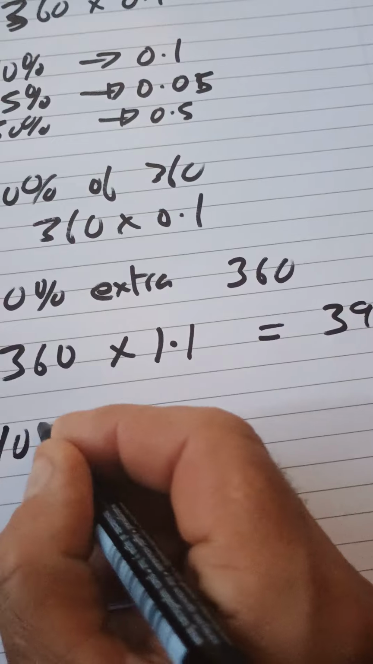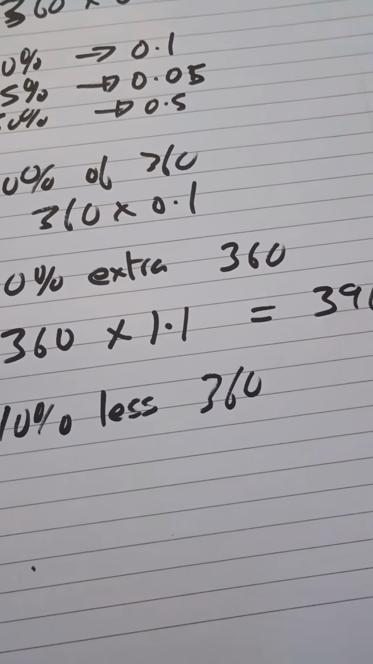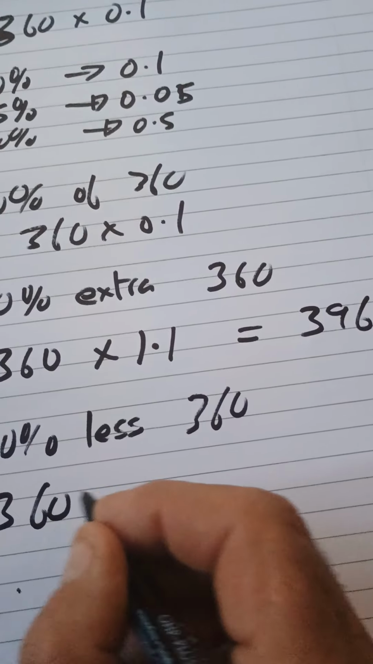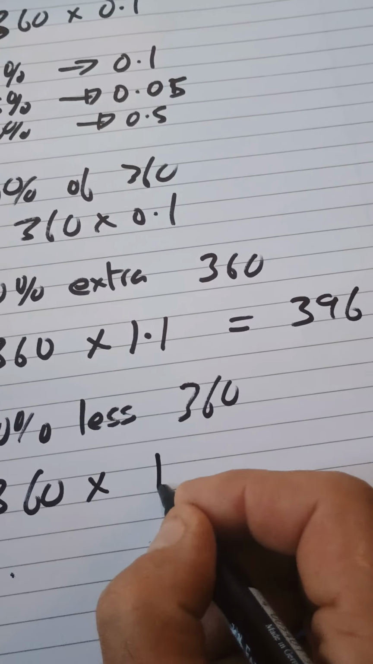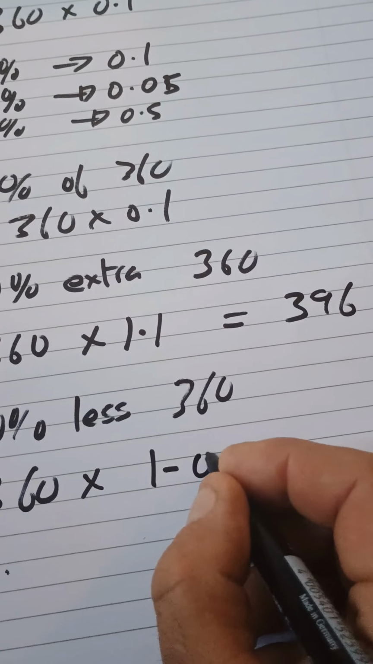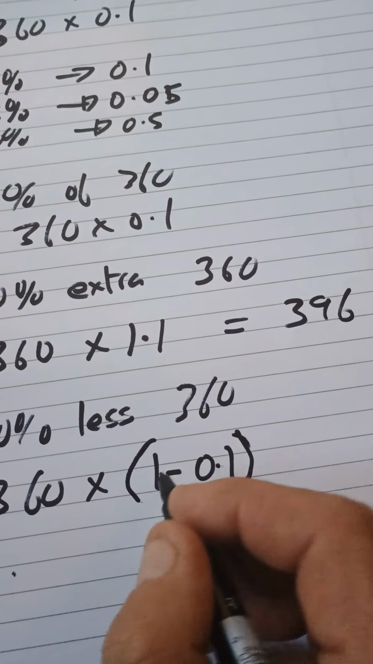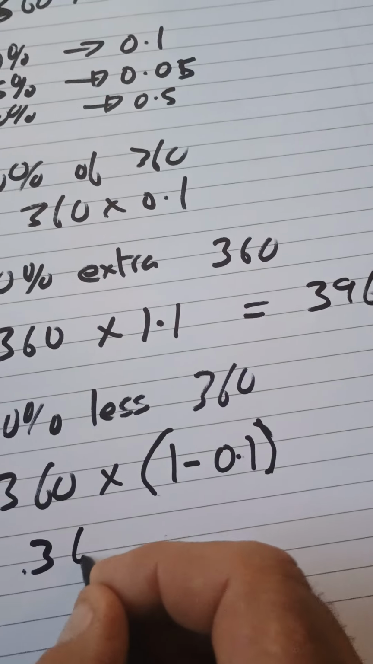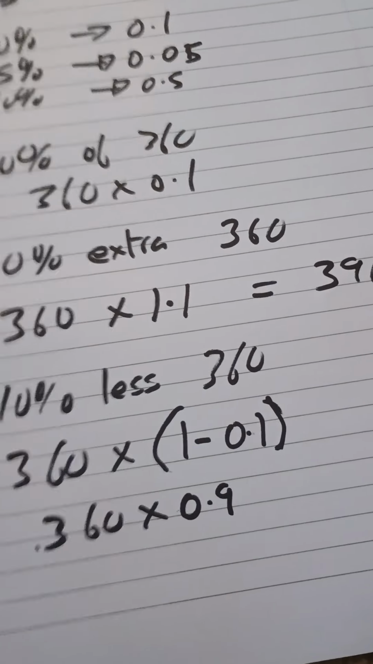If we did 10% less than 360, so you lost 10%, we end up with 360. Now, this time, if we think about it, are we going to times it by the 1 again? Well, no, that will give us 360. But what if we have the 1 and we take away from the 1 10%? Okay, I'll put it in brackets because we're going to do that bit first. So if we take the 1, there's your 360, and take away 10%, we get 360 times 0.9. And 360